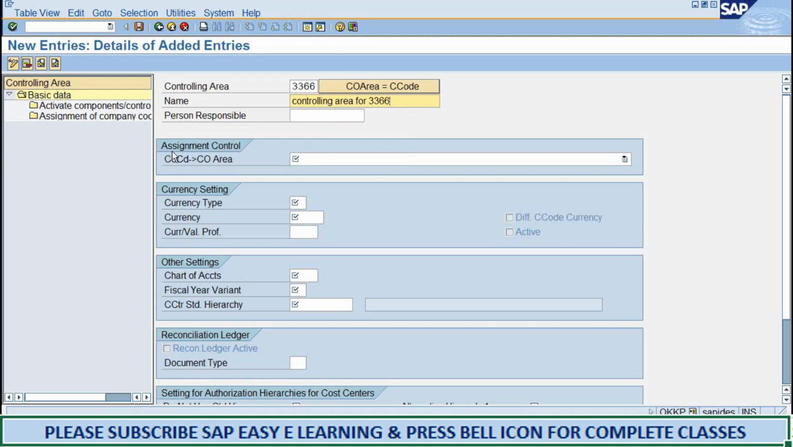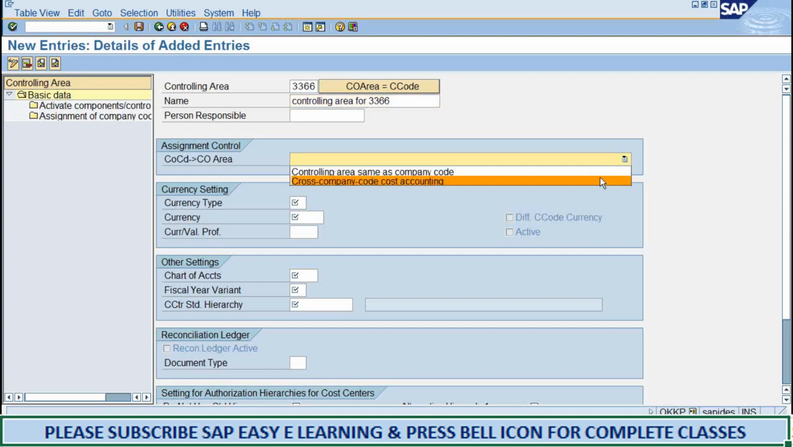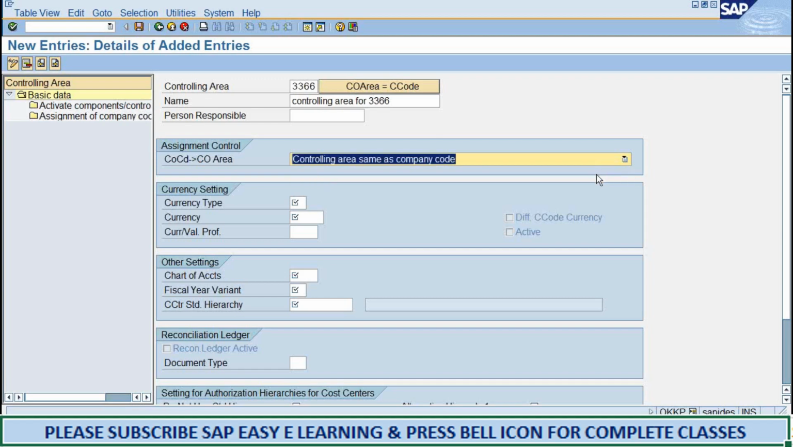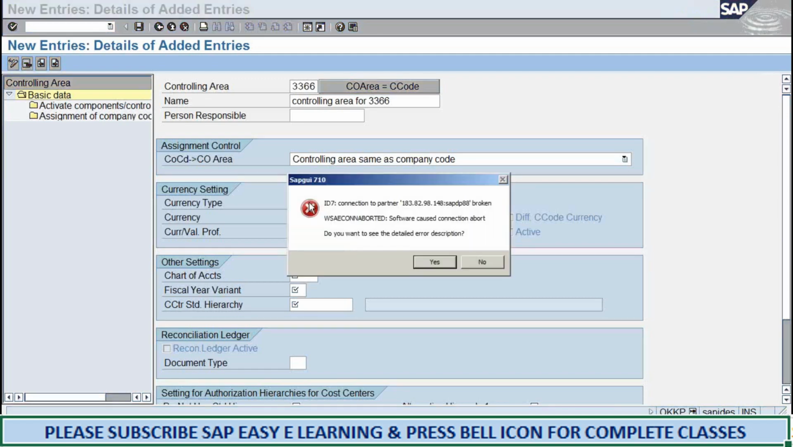Now look at the screen. Assignment control, company code to controlling area. I told you two scenarios, no? If you press on the drop down menu, see: controlling area same as company code, cross company code cost accounting. So here we are having only one company code, so I am going to use only controlling area same as company code. Then currency type. Currency type means from now onwards, when we post the business transactions in FI,